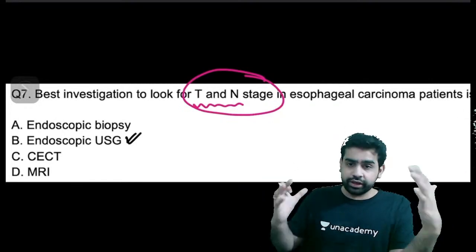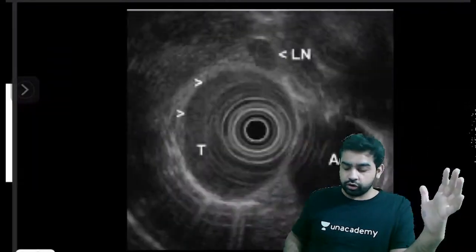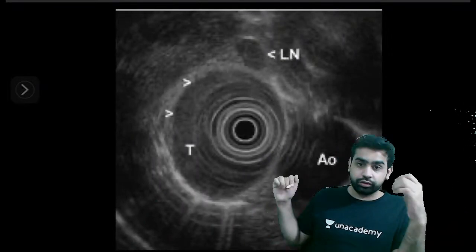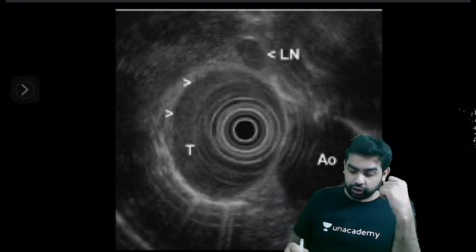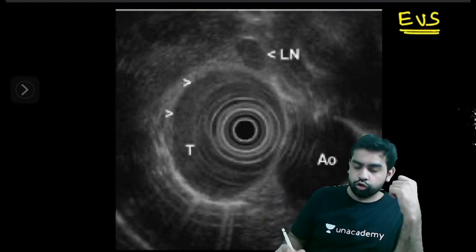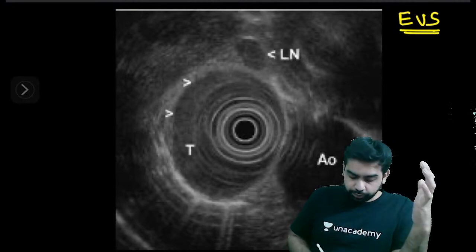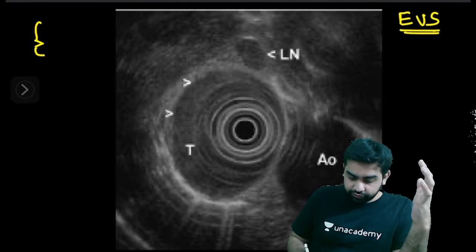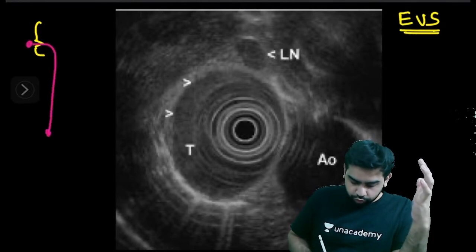Now what is this endoscopic USG, guys? So please understand, this is how an endoscopic USG looks like. This is an image of an endoscopic USG. This is what is called EUS, endoscopic USG. Now what are you doing in this endoscopic USG? As you can see over here, this is the mouth of the patient. Your endoscope is being passed from the mouth, it is going to the esophagus,